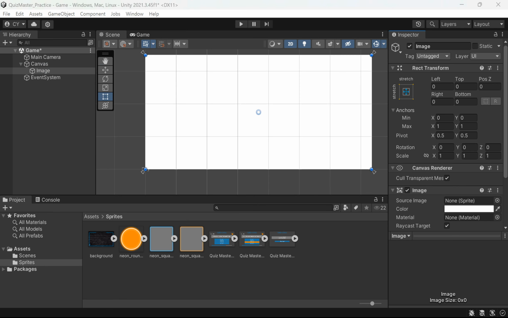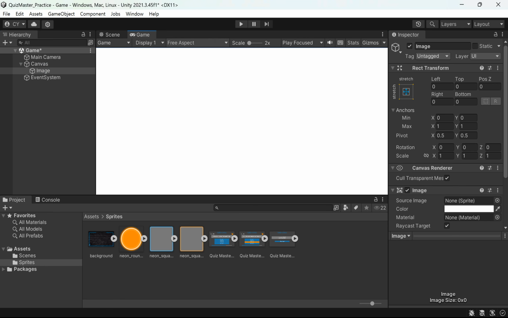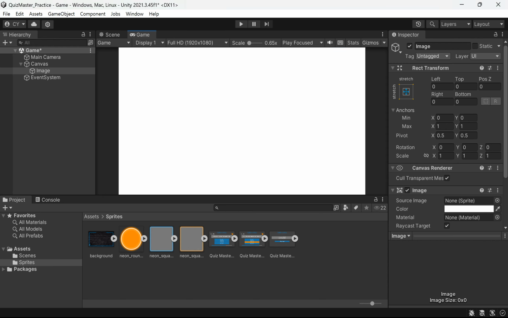making this the background image for our game. I'm actually going to turn this into a pre-visualization image, which will help us to lay out elements of our game as we move forward. Drag it into the source image. And because I want this to appear on top of everything else and be slightly faded out so we can see behind it, I'm going to change the color. And I'm just going to bring the alpha value down to say around 0.25. And on the canvas itself, I'm going to change the canvas sort order